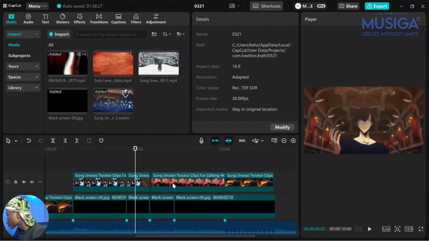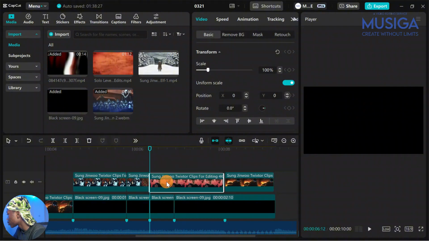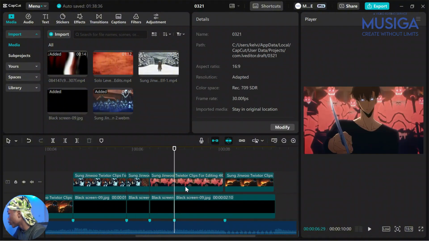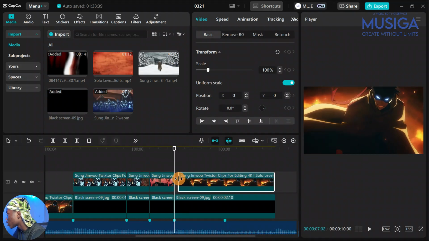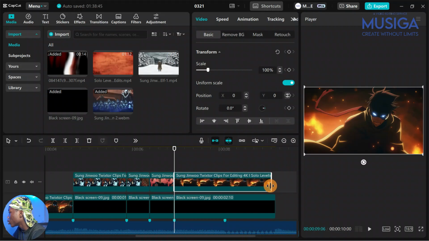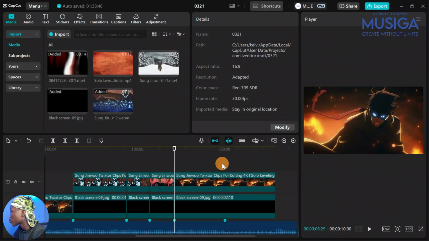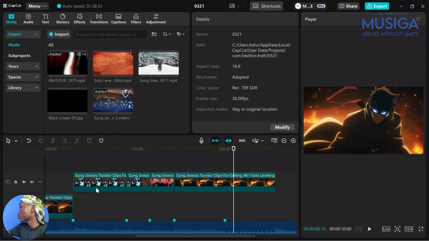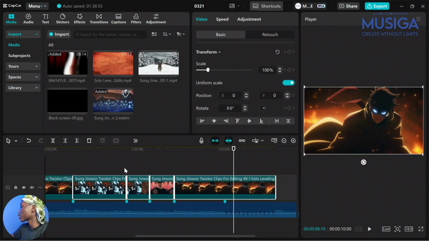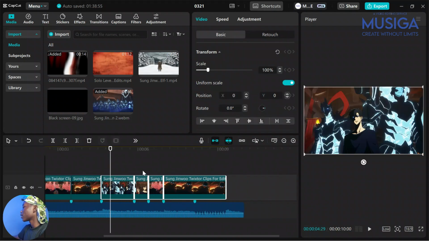I'm going to zoom in so that we can see it better, and we are going to remove from here, and then this clip will start. This clip will be longer, but for this part we are going to do something crazy. Next thing you're going to do is just take out your black screens and put your clips back down here,